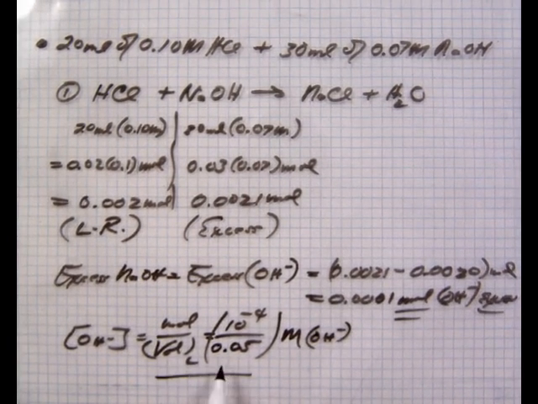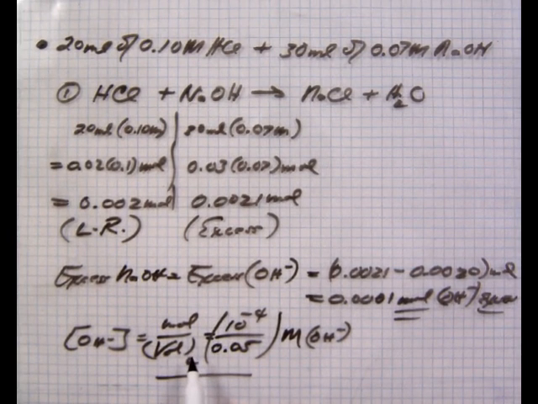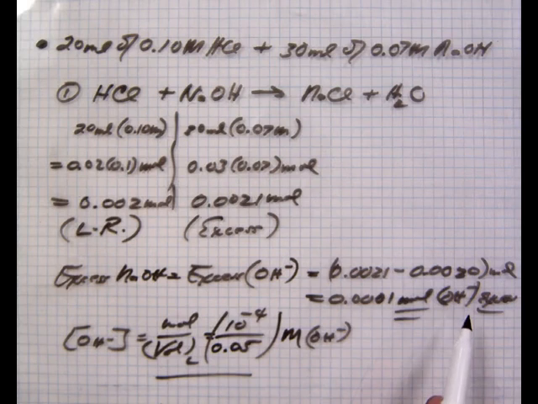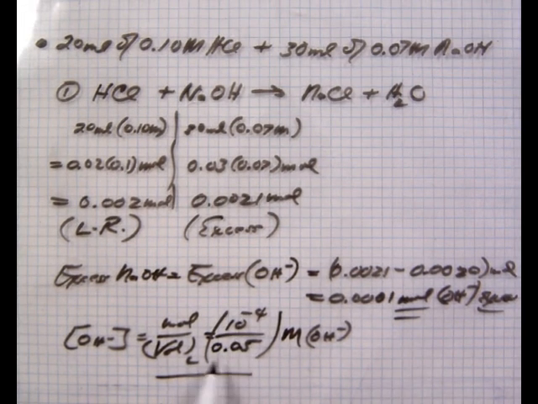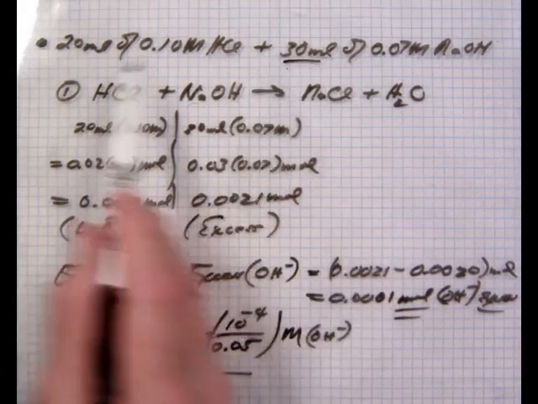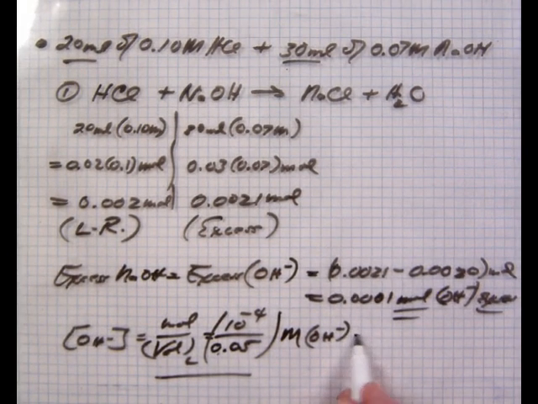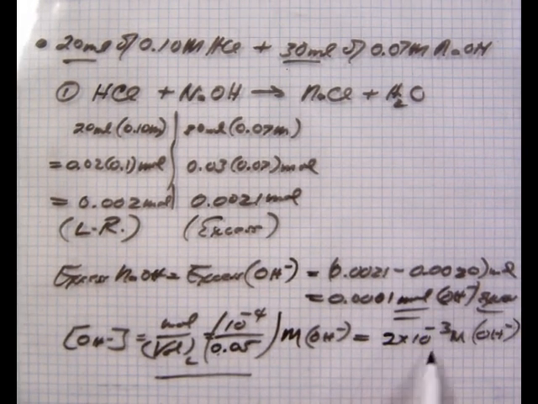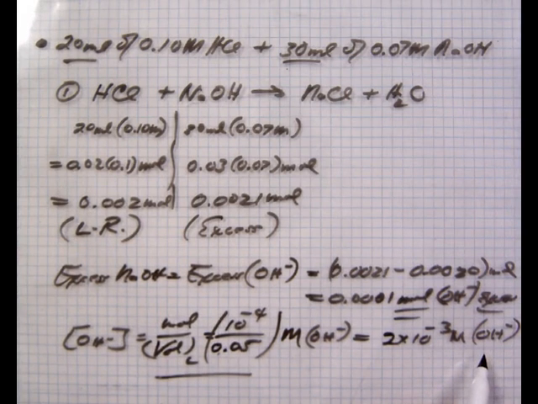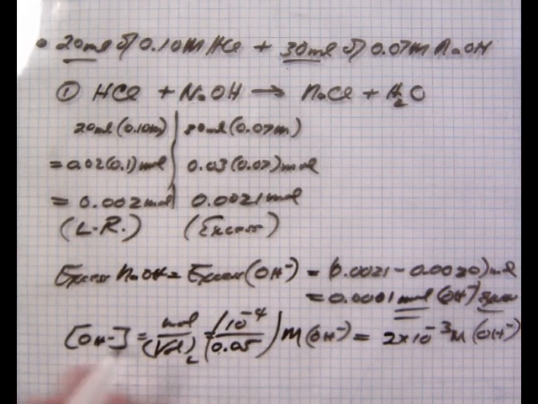Now I jumped over this pretty quick right here. So be sure you check mark that. Because when you get your concentration over here, who's the excess, you have to convert it to molarity, which is whatever you get moles divided by the sum of the two expressed in liters. That was 50 mils divided by 1,000 gives you 0.05 liters. Okay, and so I have a 2 times 10 to the minus 3 molar in hydroxides right here, and so